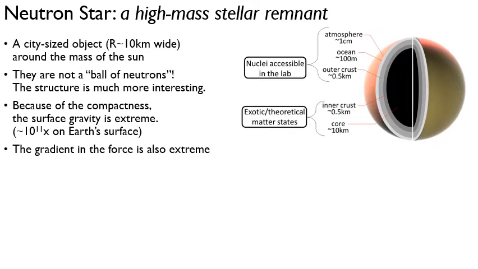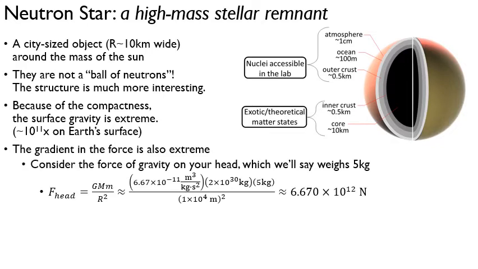Now, a little bit more interesting way to phrase that is that the gradient in the force is also very extreme. And what I mean by that is, for instance, let's compare the force of gravity on your head versus on your feet if you're on a neutron star. So let's say your head, let's just call it 5 kilograms, and let's say you're standing on the surface of a neutron star, and your head is around 10,000 meters from the center of the neutron